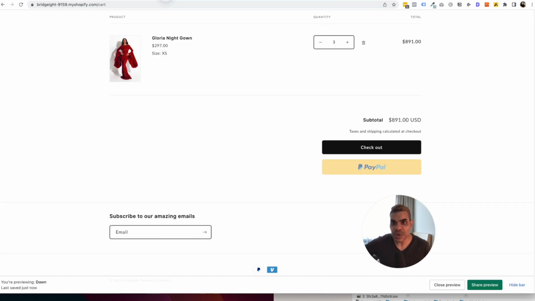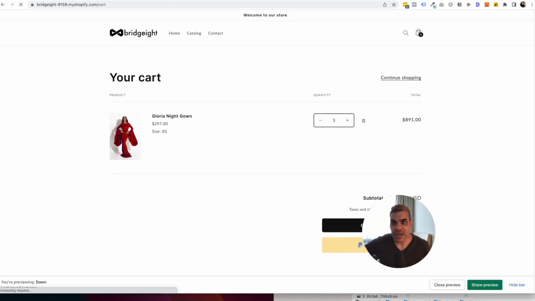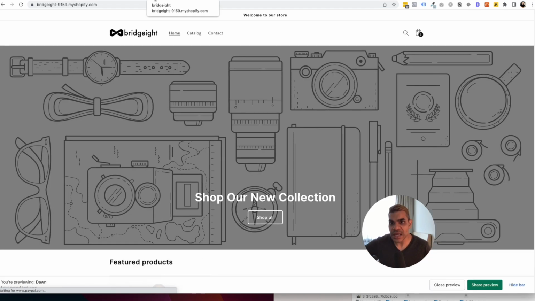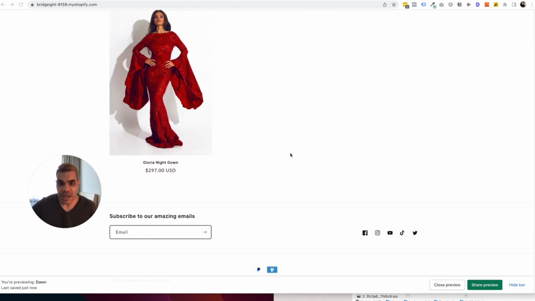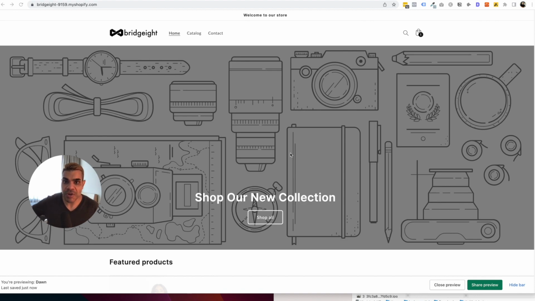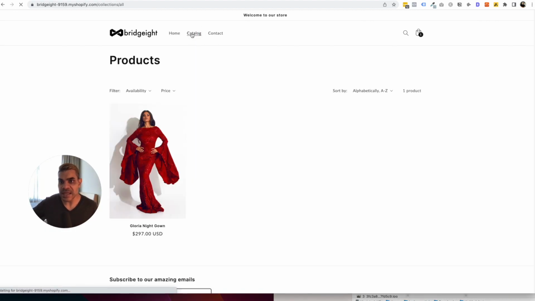So basically that's what the store looks like. You can see the favicon up here has been updated. The favicon is a bit large, and that's why it looks this way. In a way I kind of like it, but I want it to be fuller, so I need to go change that. You see the fonts are updated. I need to obviously update this banner. So the shop's still looking very, very bare,